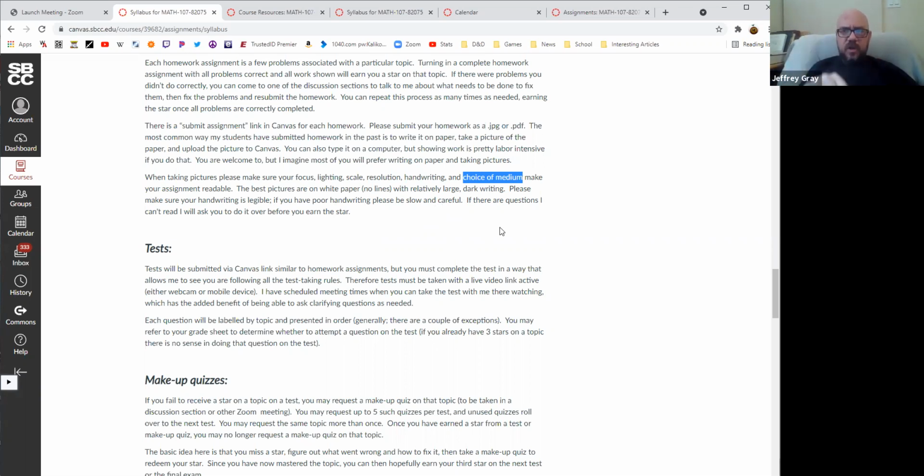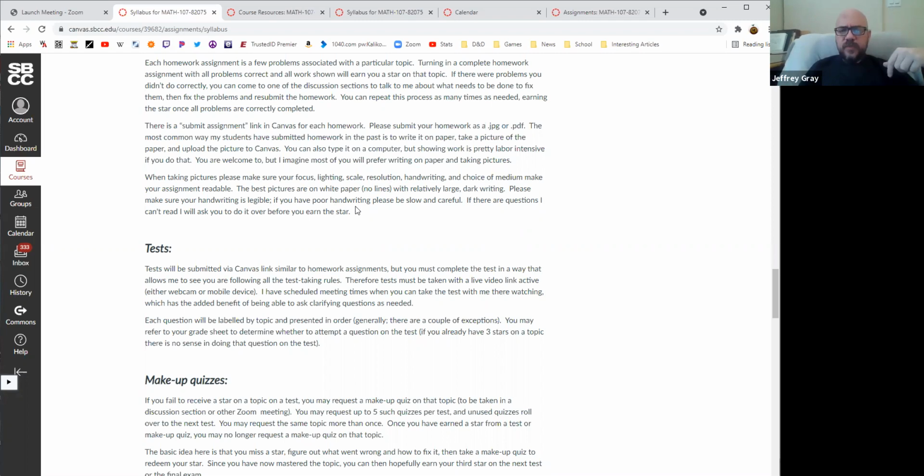It's more the paper. If you write on graph paper, it's actually pretty hard to read. It works best on clean white paper with no lines. If you want to write on lined paper, it's fine. And in fact, if you want to write on graph paper, it's probably also fine, but you're going to need to be extra neat and write a little bit bigger, because otherwise I might not be able to read it. So just make sure everything is readable. Be neat, please.